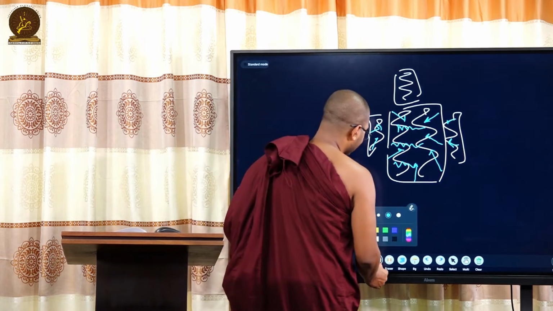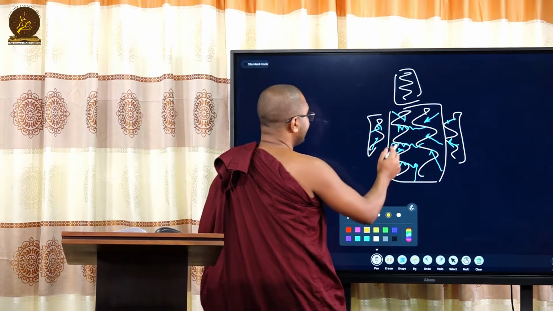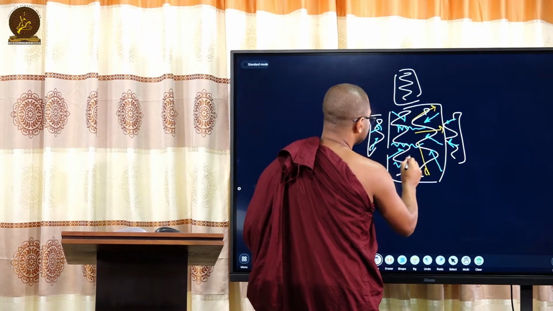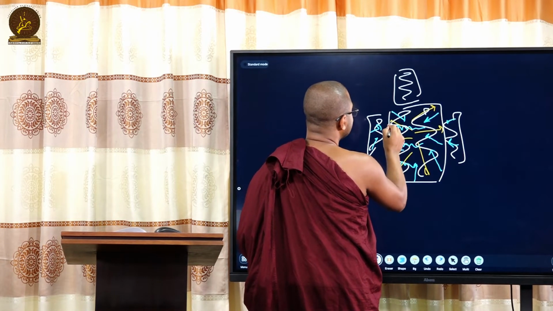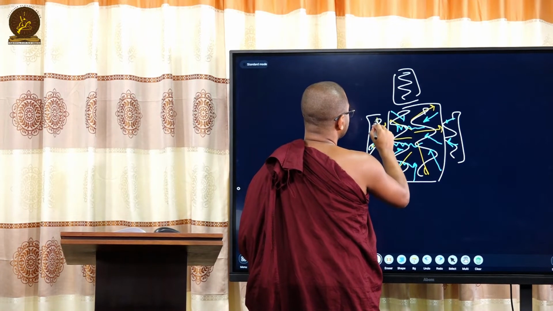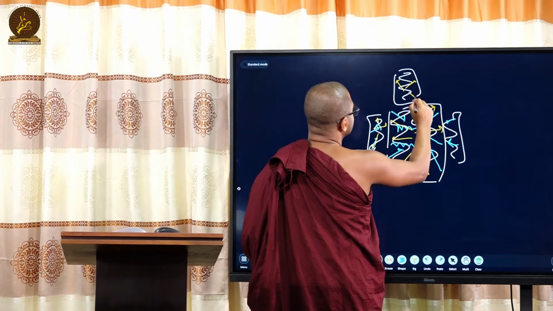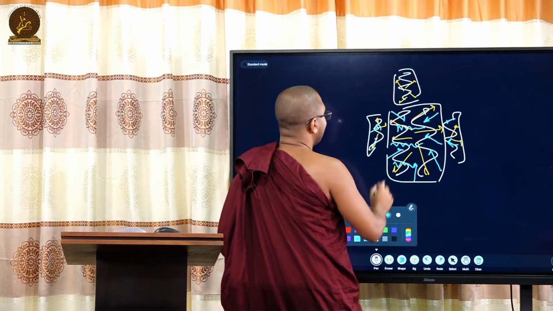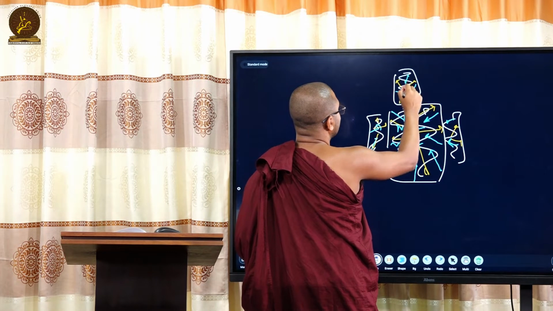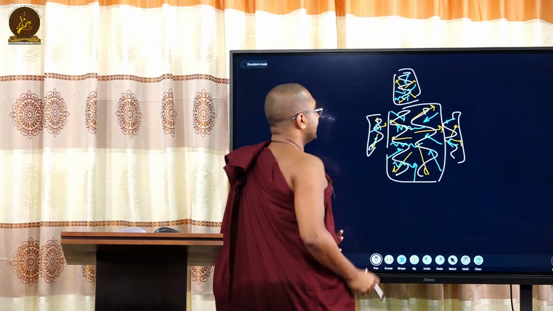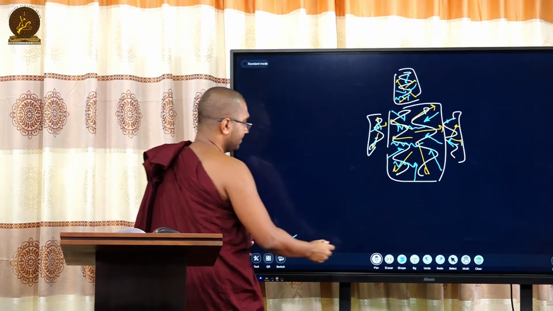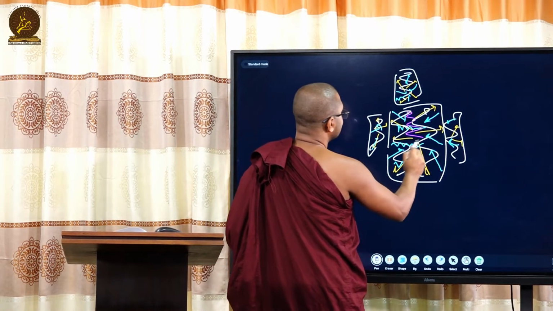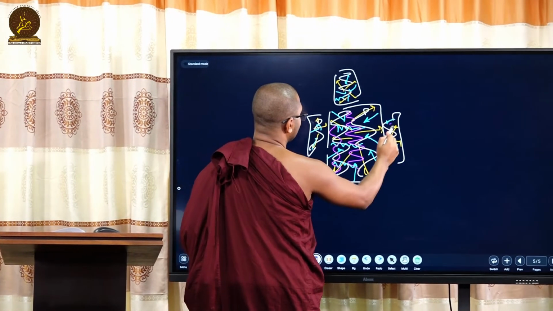And then we move on to another quality. The body is extended in the space. It occupies a certain space. Why is that? Each and every particle in the body has occupied space. That is the vayu. This is apo. That is the vayu. Then there is a certain heat existing in the entire body, or coldness.